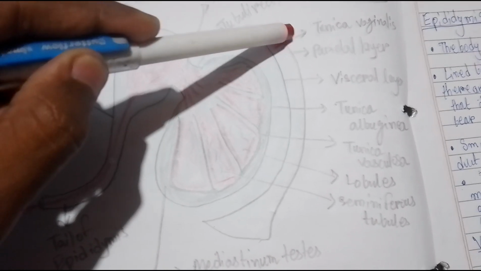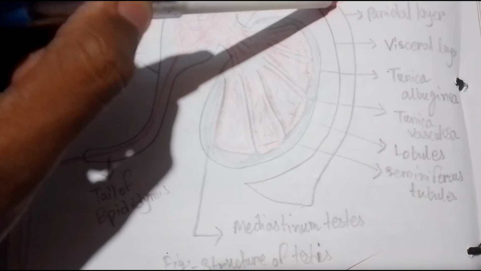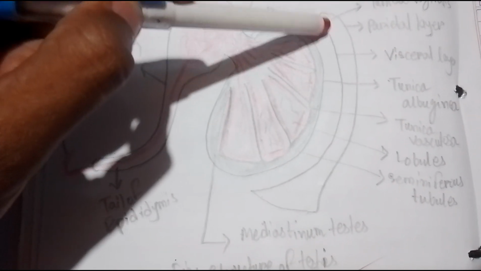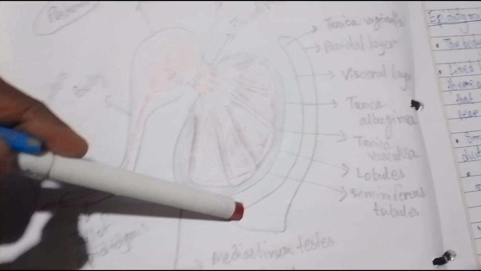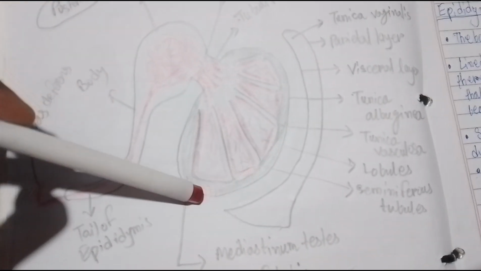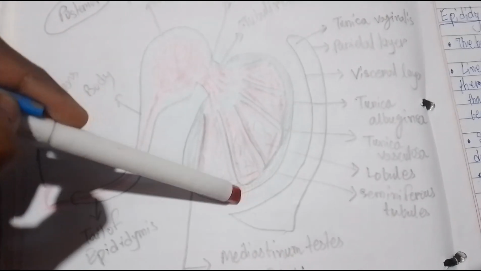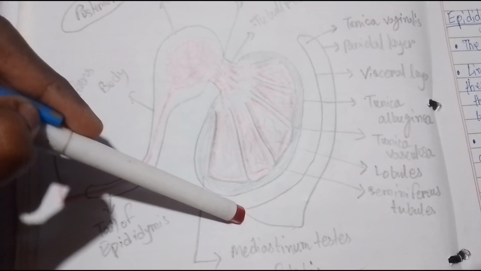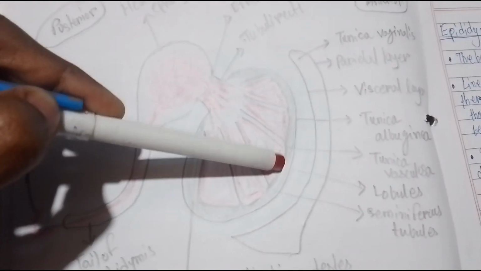Outermost is parietal layer, then tunica vaginalis, then innermost is visceral layer. Then surround the testis. Inside the visceral layer there is another layer which is called the tunica albuginea, and inside the tunica albuginea the third layer which is tunica vasculosa,